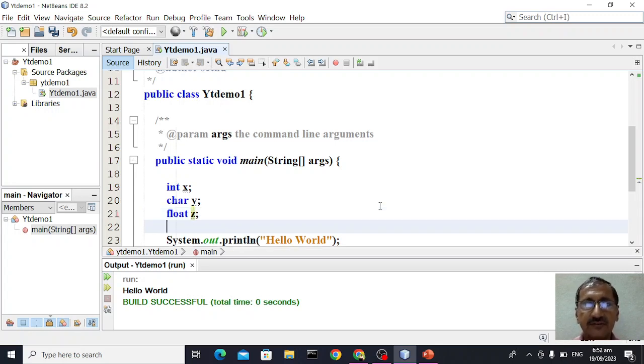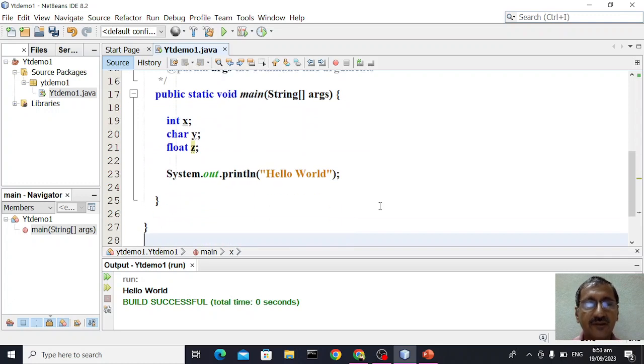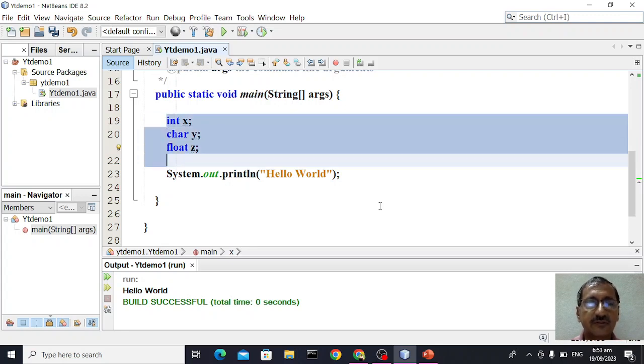In Java, it is essential to declare the data type of a variable in advance before we start using it. Maybe at the point of usage also we can declare, but every variable should be declared with what type of data it holds. That avoids data integrity problems. So every variable should be declared in advance. Fine. So this is how we create variables and data types.